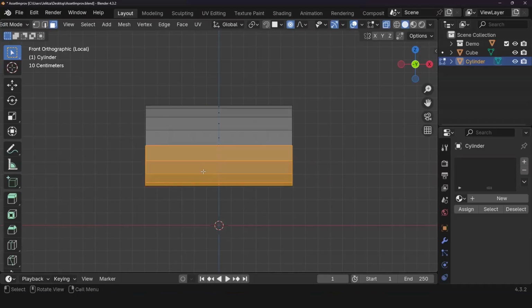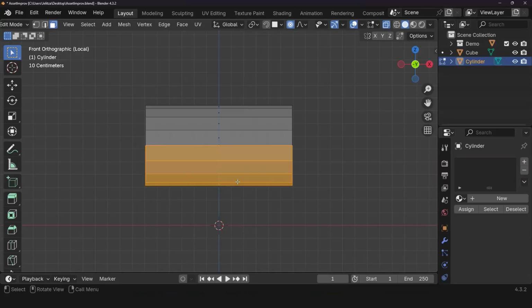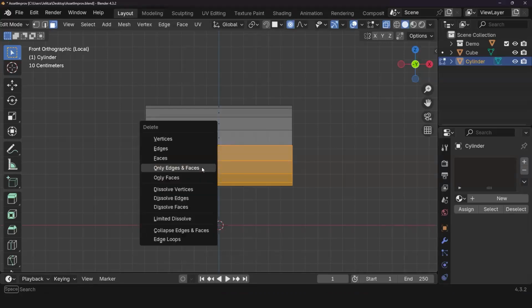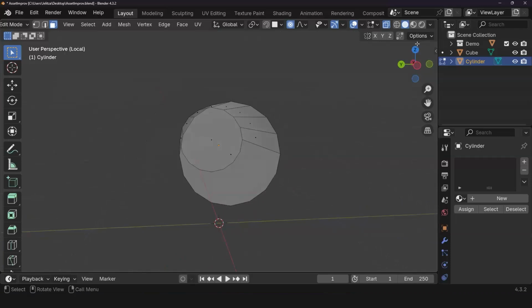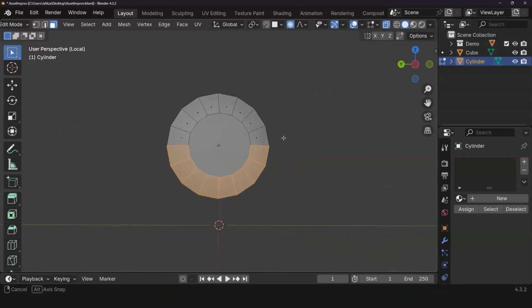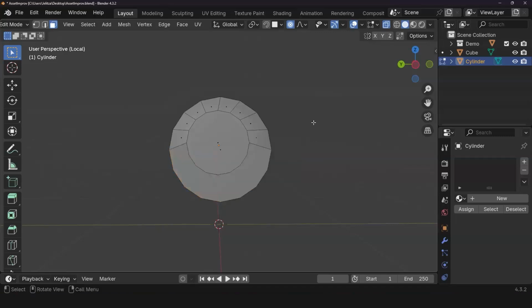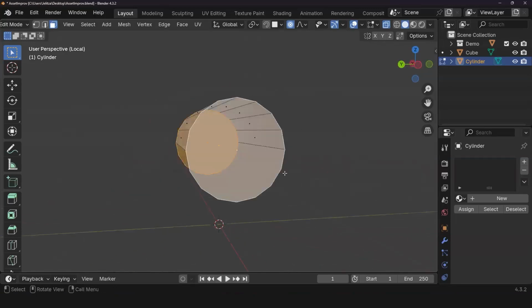Oh, geez. Delete. Hold on. Only edges and faces? No. Are you kidding me? Faces. Wait. Am I bugging? Faces. Oh, that's why. I was bugging. All right, that's fine. You know what though? No, we can manually do that. Absolutely fine. Okay. So I have these edges and let's rebuild that, right?